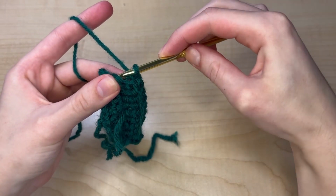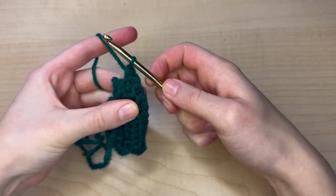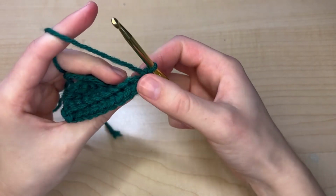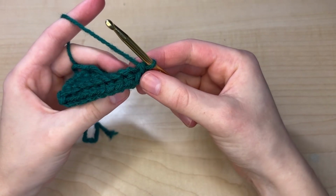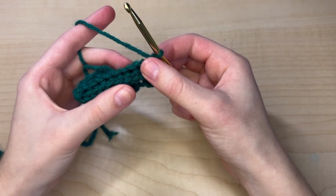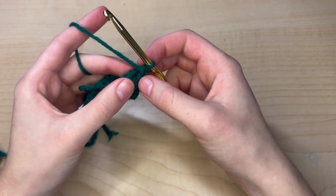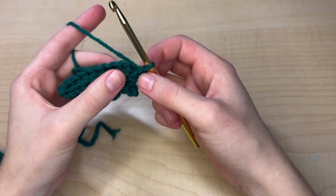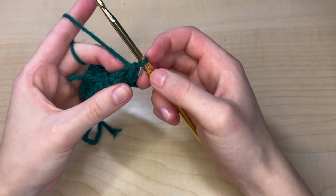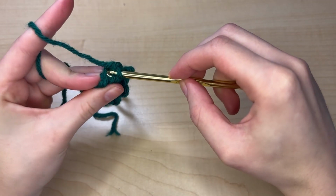So I'm going to insert my hook into this loop and pull through and then turn. And then I'm going to start doing the single crochet, chain 2, slip stitch, 2 single crochet, chain 2, slip stitch, 2 single crochet. I'm going to start doing that down the row of front loops. So I'm going to do a single crochet in the first front loop,